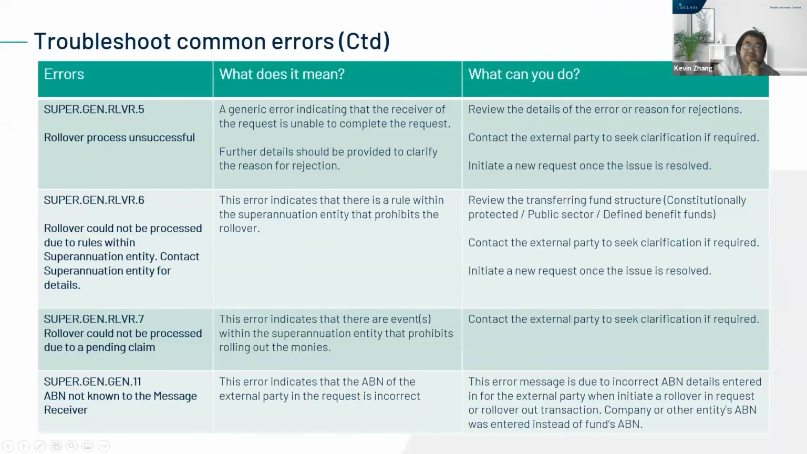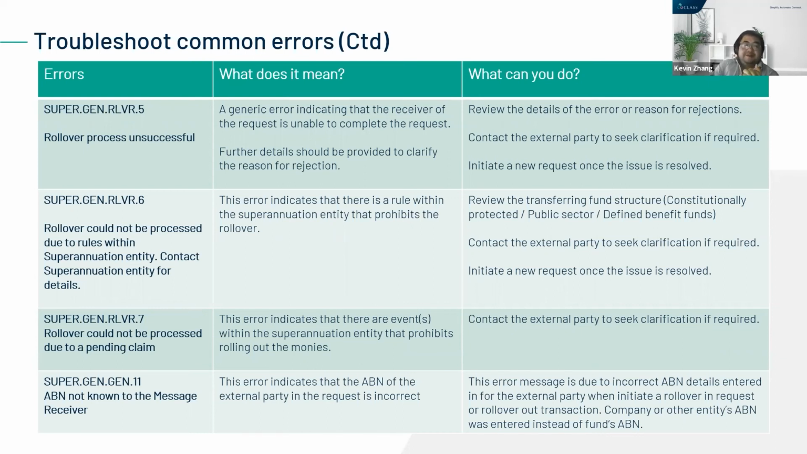Okay, this sum of error message will get quite common. Rollover process unsuccessful. Usually, the provider will actually provide a bit more information as to why the rollover process is incorrect. You need to find out, review the error message and reason for the rejections, and perhaps contact the other third party to clarify what went wrong